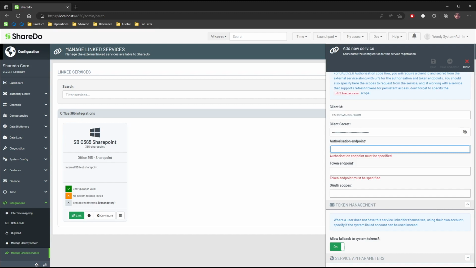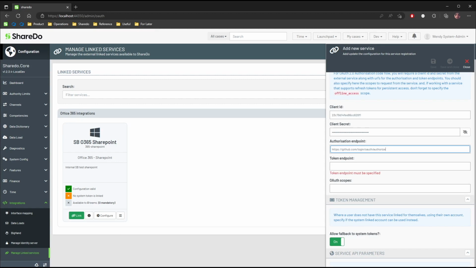Then we've got to tell it what the authorization endpoint is. And this is the URL that we send users to basically sign in to confirm that they are a GitHub user, and to consent to allow ShareDo to call GitHub on their behalf. Once they've finished with the authorization endpoint and they've consented, it then sends us a response called an authorization code,